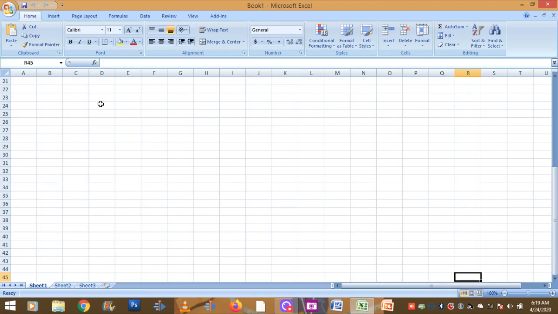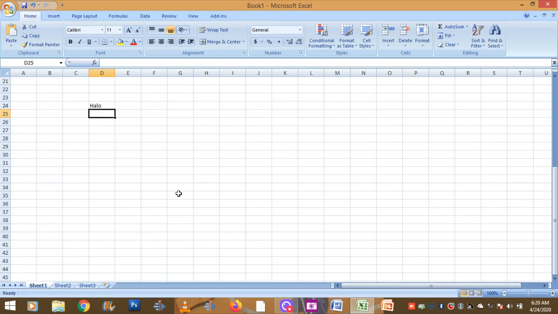Once you have located a particular cell, you can start entering data there. For example, I am typing here hello. While you are typing data in a cell, you can see the cursor blinking. Once you finish the entry, you have to press the Enter key. When you press Enter, your cell pointer will move downward by default.